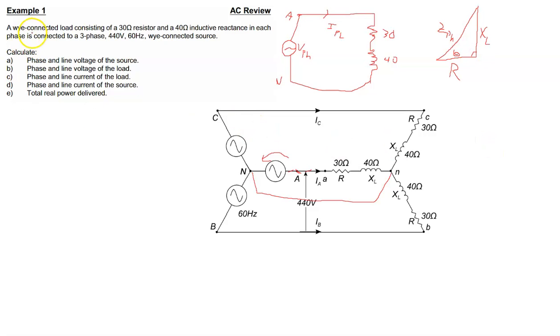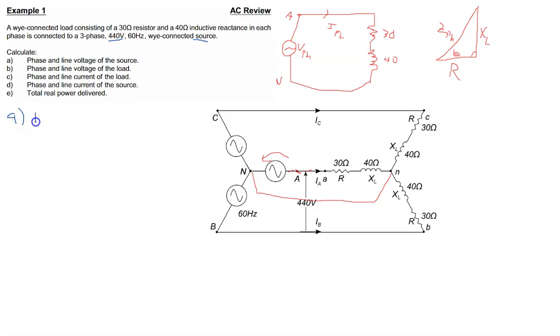Now, let's think about part A. I usually like to start off by writing words on my three-phase questions like this. Because the 440 volts that we're given is the line voltage, and remember, it really references the source. But the line voltage is the same for the source and the load. The line current is the same for the source and the load. And so that's what connects the two. Okay, so for part A,